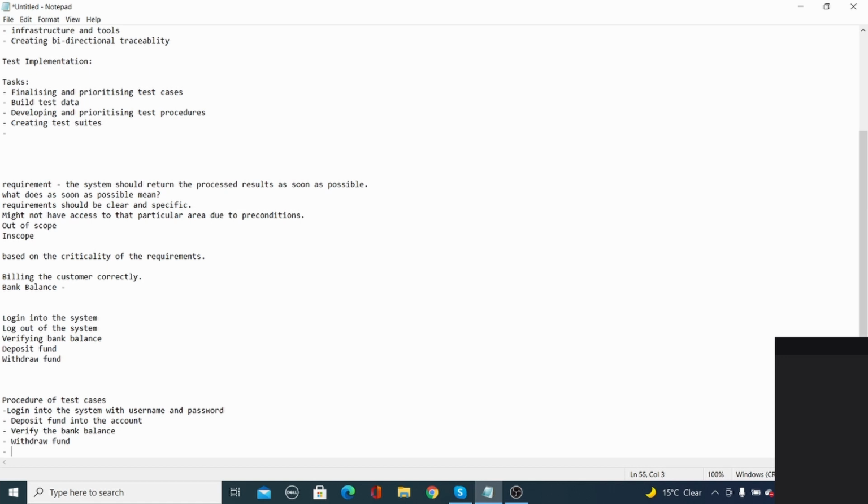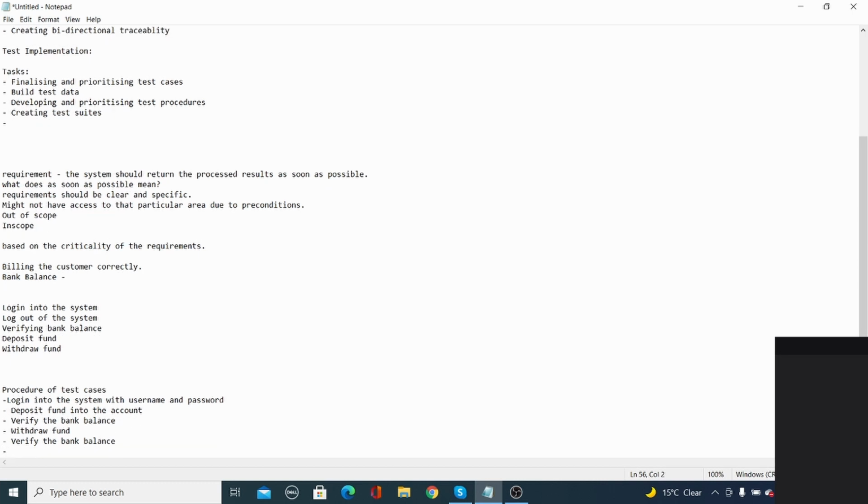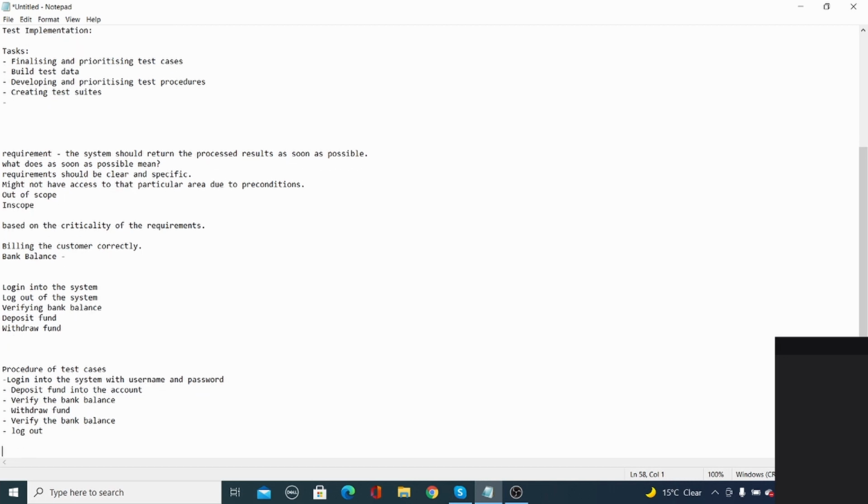Normal process. You withdraw the fund, then you verify it. Then log out. Can you say that I have executed the test cases at the same time in sequence?